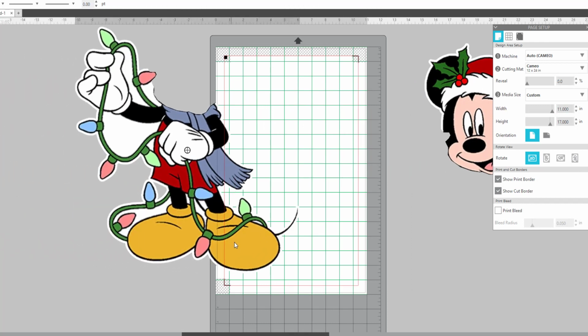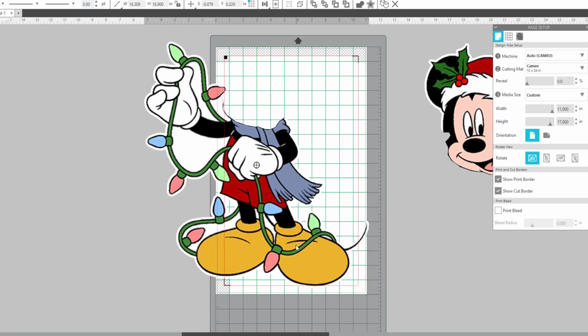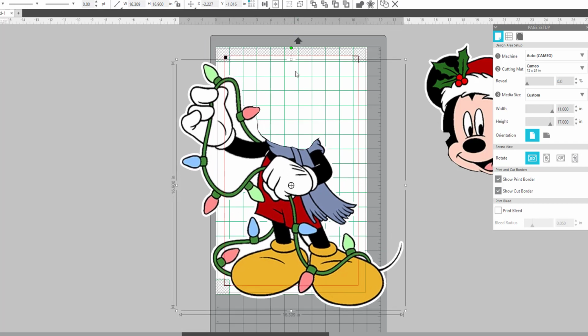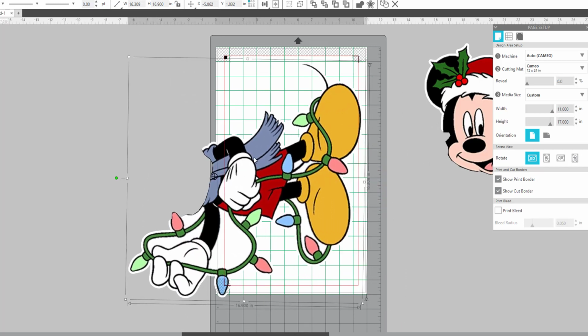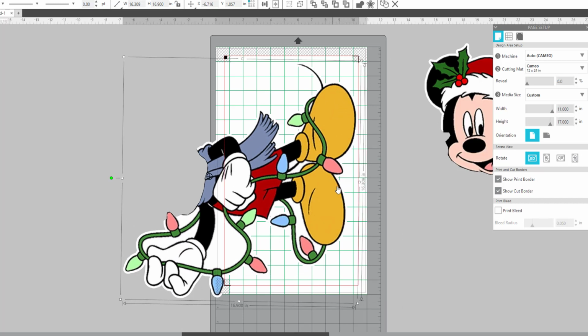Okay, let's try the second part now. So let's see, what can we do? I think I'll work on his feet maybe first, and I think maybe the easiest way to do that would be to rotate this and see what's going to be able to fit on this. Whoops, I don't want to do that. What's going to fit on this mat? Okay, looks like it's going to fit around his feet, and maybe I can go up around here